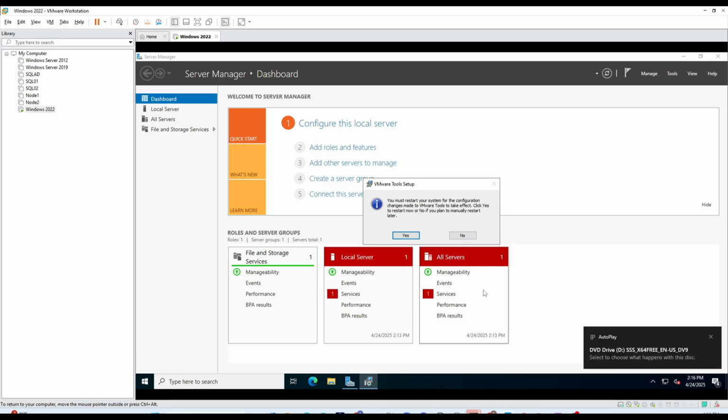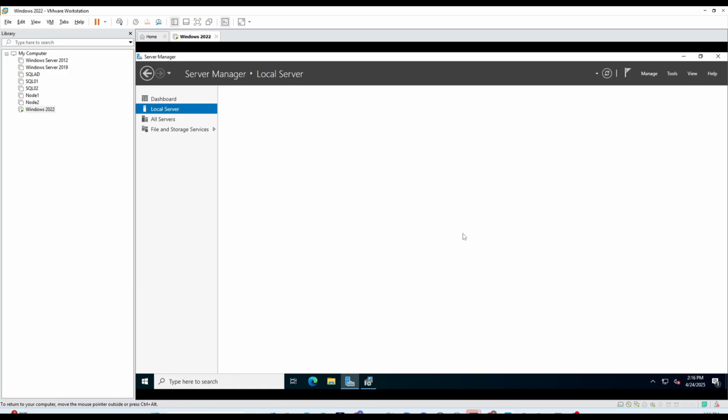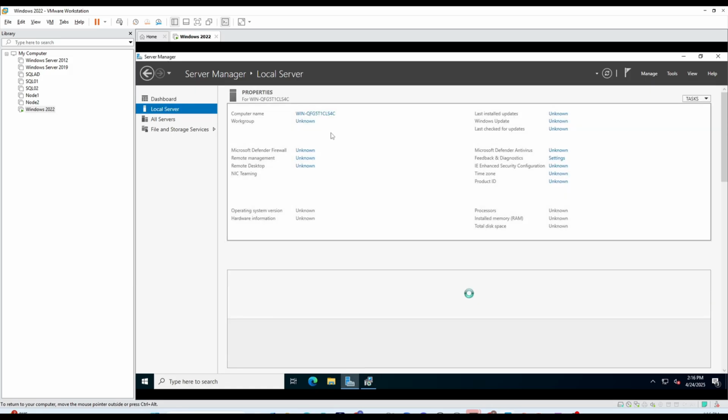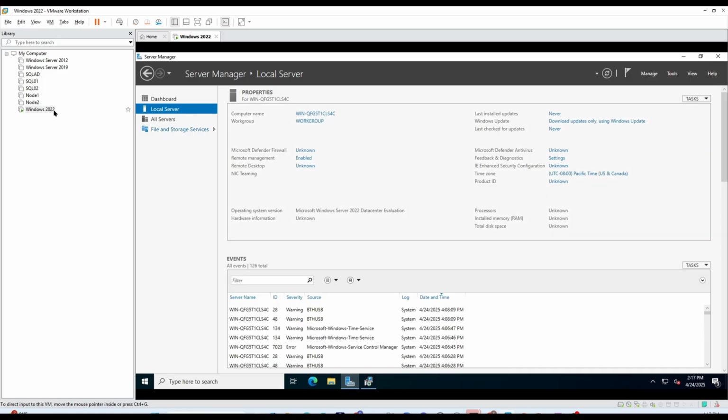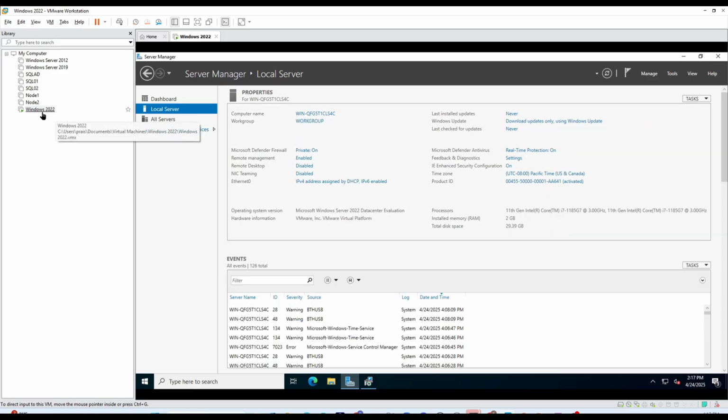Now, before I go ahead to restart, or before you go ahead to restart, you can do a couple of things, because now you see you have a server, like a real server that you have at work. We can come over to where it says local server, and right here we can see the computer name. Even though we named it Windows 2022 over here, it has a different name in here. So you can actually change this name. I'll click on it,